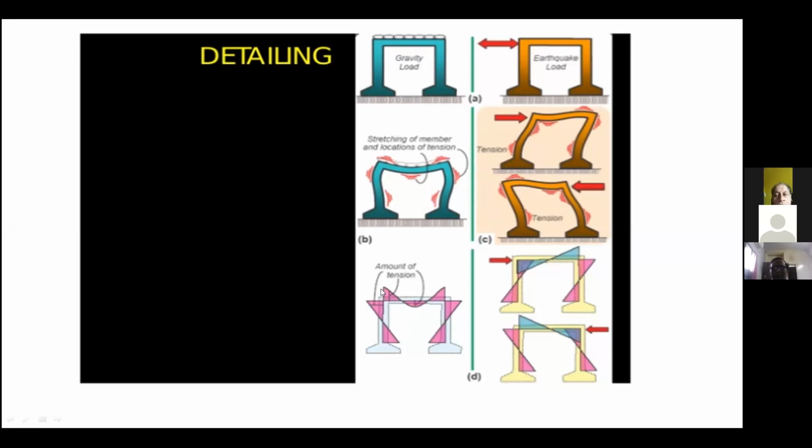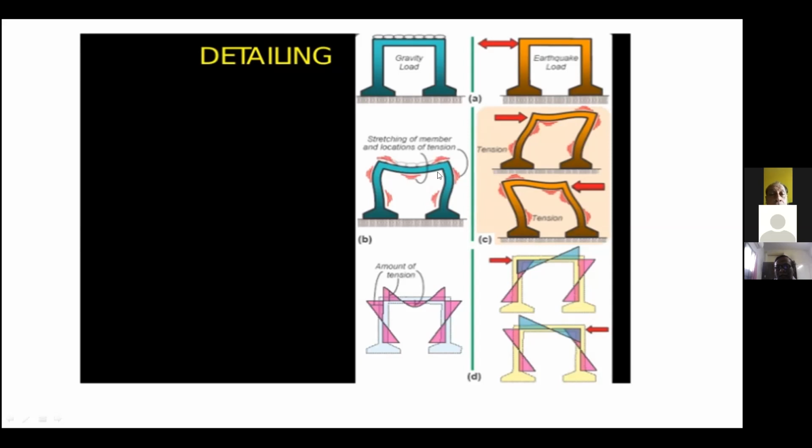You are going to get the negative moment at the beam-column joint and the positive moment at the mid-span. Similarly, the negative moment at the other beam-column joint. Similarly, for the column, the bending moment variation is like this. If you look at where the tension occurs, at the support region of the beam, the top portion has tension, and in mid-span, the bottom has tension. Similarly, on the right-hand side, the top portion of the beam has tension.